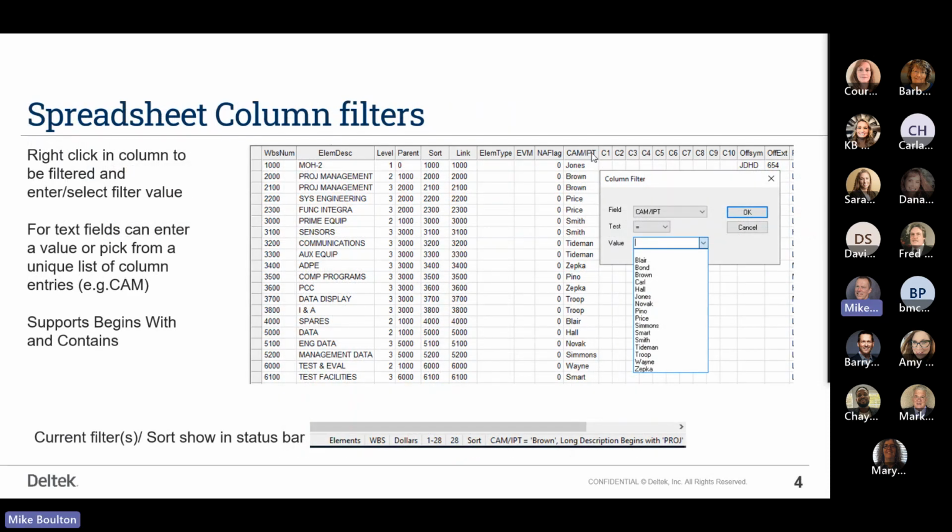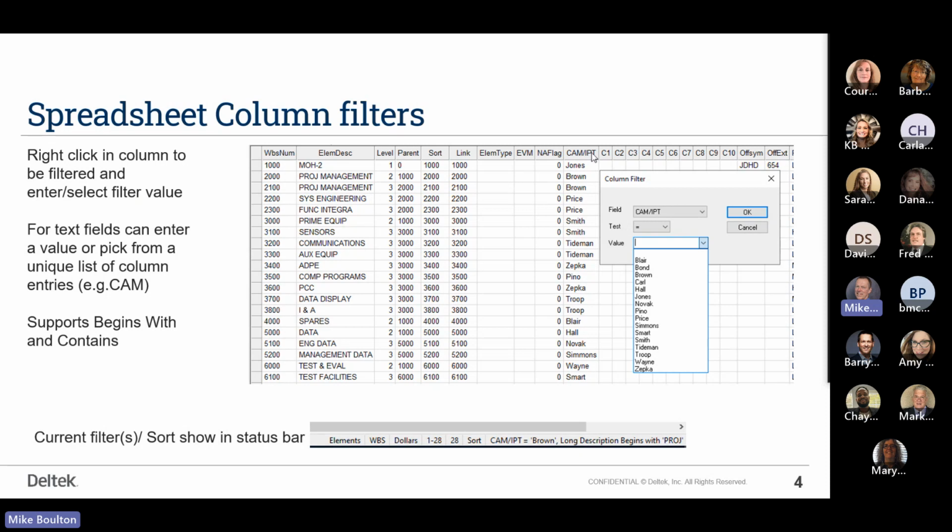Another major customer request is the ability to filter within the administrator grids, and again, it's been requested a number of times, and basically what we've done is added a Cobra style column filter. So you can click on the column and choose to filter, and essentially you can either type